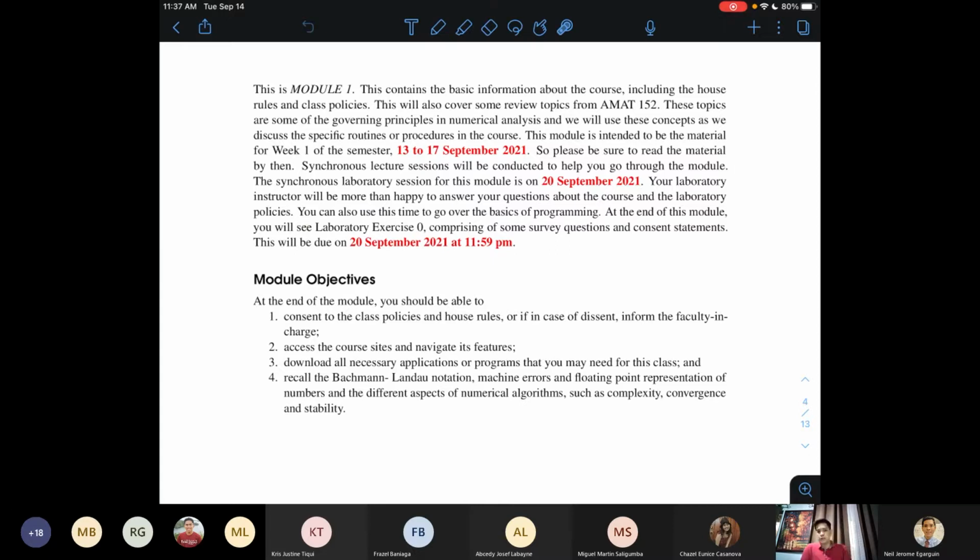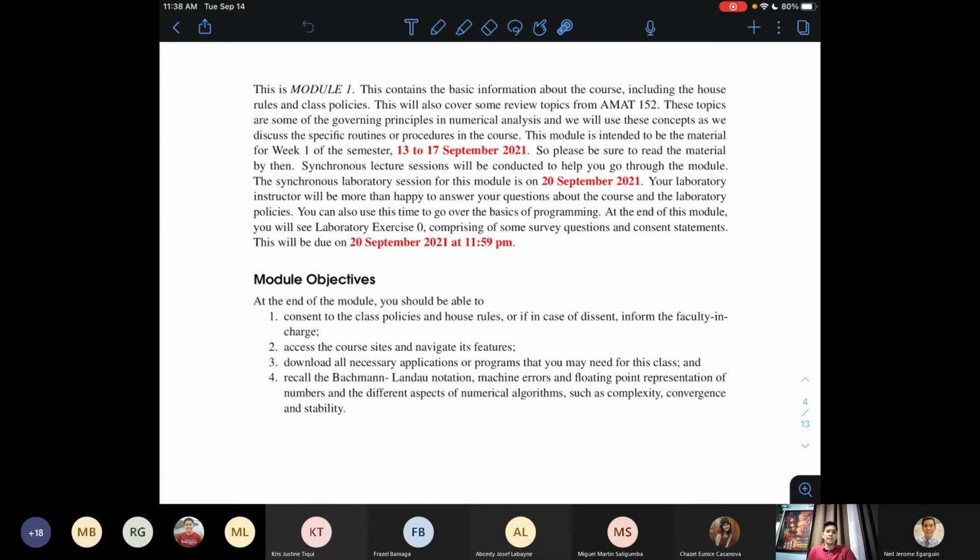So usually on a particular week, you have modules you need to read, or if you have the capability, you can instead attend the live sessions, because I'll try to make the lab sessions like the normal classes. So kung may capability naman kayo to attend the synchronous sessions, please do so, kasi I think I will not just do it as a consultation, but also as a discussion of the actual topics to be covered in a particular week.